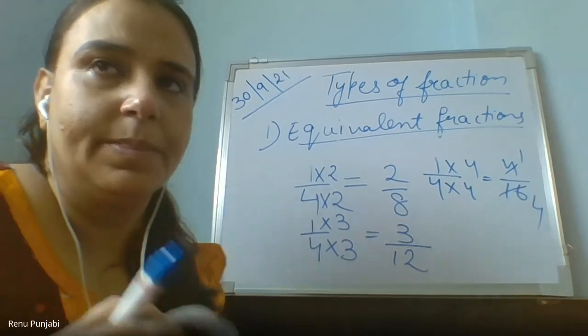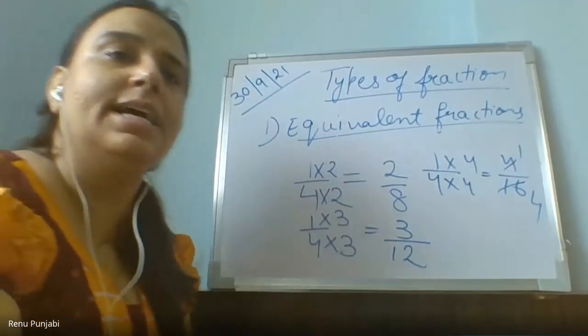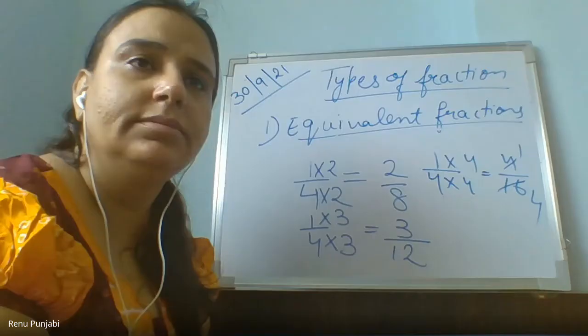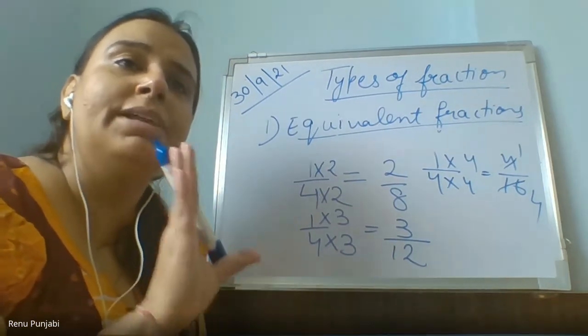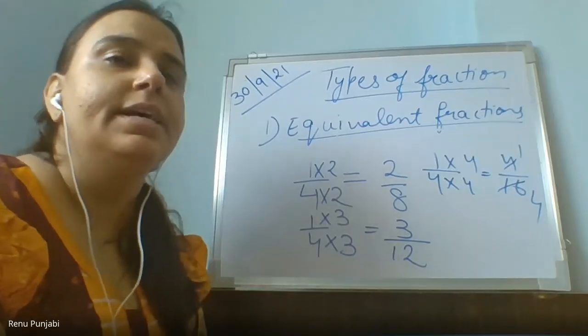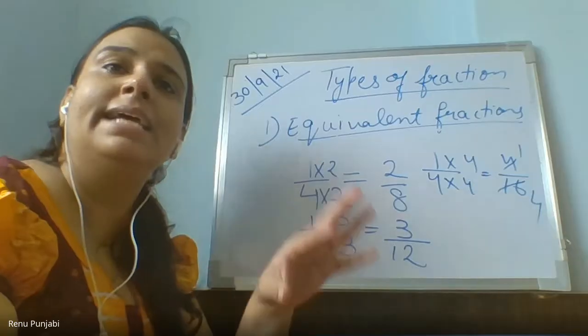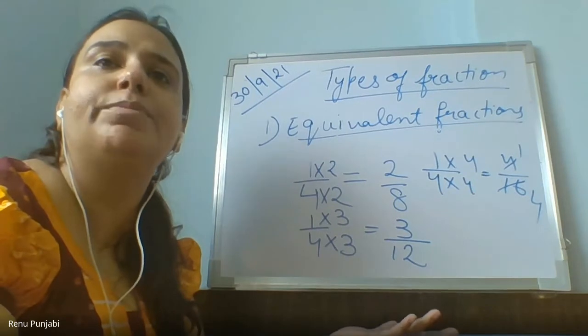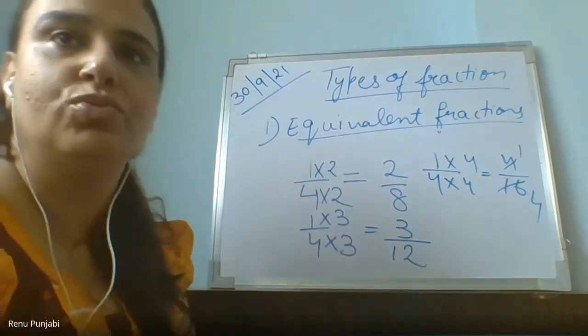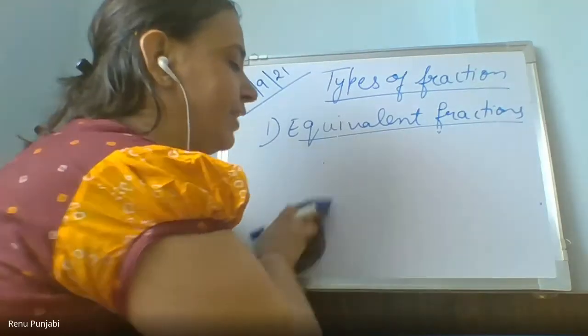Okay. Till here, is everyone clear? Ma'am, what do we have to write in the note? I told you, for the writing part I will give you time and tell you what to write. Till here you are clear how to find equivalent fractions? Yes. By multiplying the numerator and denominator with the same number, you will get as many equivalent fractions as you want. Ma'am, means one fraction is given only and we have to find the other fraction, multiply with 2. Yes.